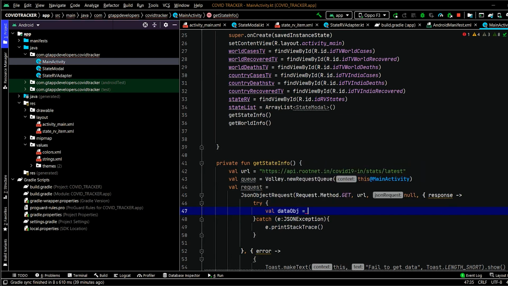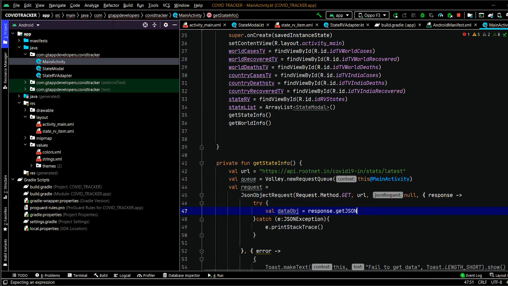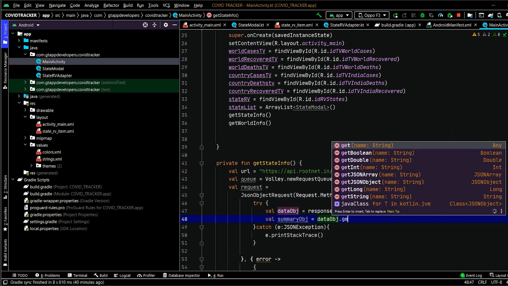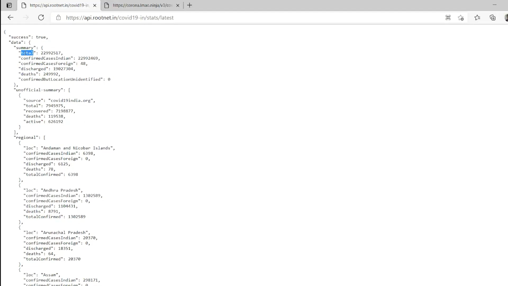Data object equal to response.getJSONObject. We will specify the name as data. After that, we have to get our summary object, data object dot get JSON object, and we'll specify the similar key summary. After that, from summary, we have to get these variables as total, discharge, and deaths.